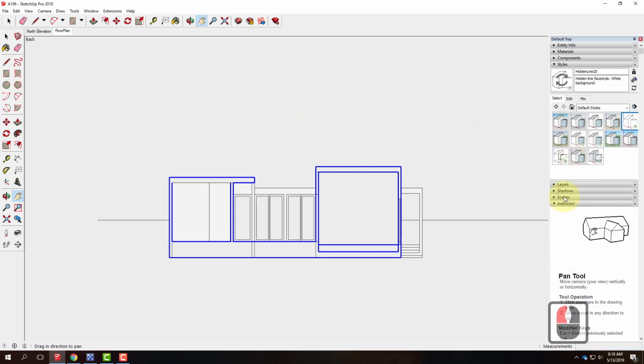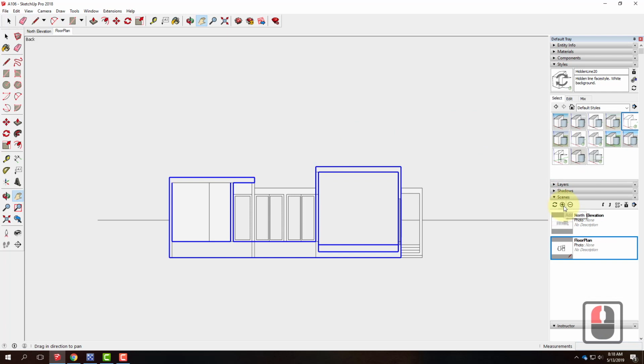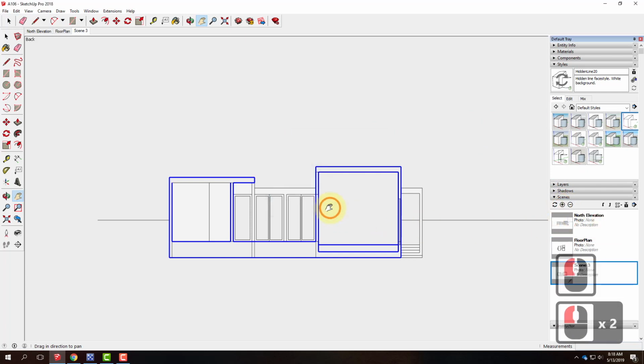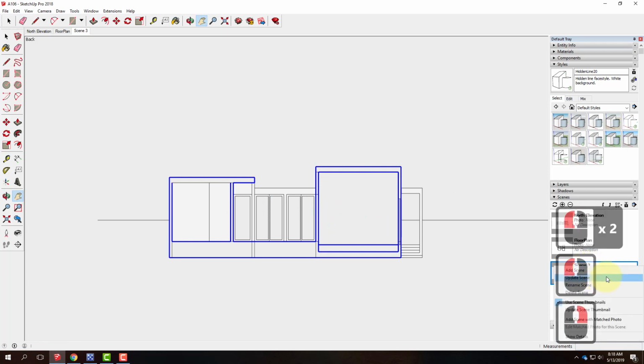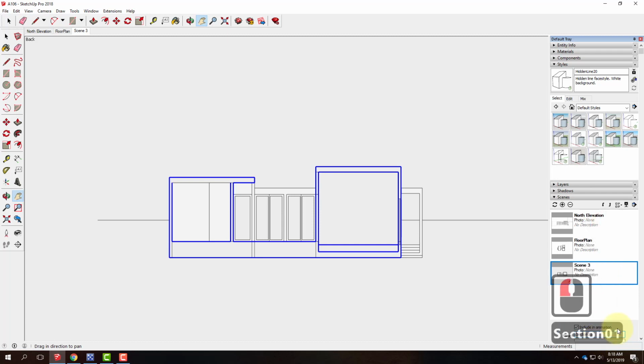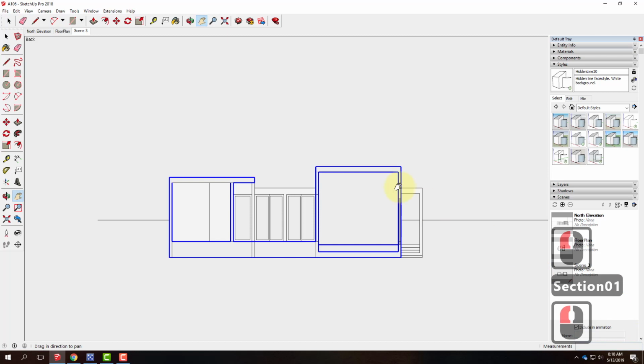Good. So I'm going to go into Scenes here, and I'm going to click the plus sign to save this scene. And here in Scene 3, I'm going to right-click on it to say Rename the Scene. And we'll call this Section 1. Perfect. So I have Section 1. Now with Section 1 showing,